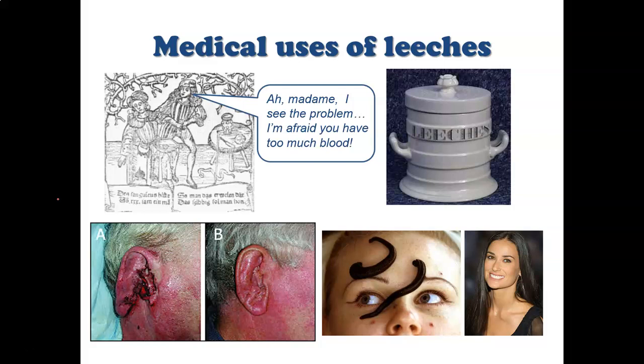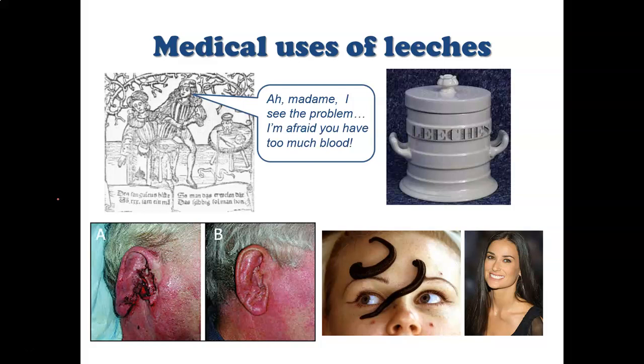Now, interestingly, leeches used to be used in ancient times for medicine, because ancient physicians used to believe that a lot of diseases were caused by an imbalance of the humors, right, the fluids of your body. Oh, you have too much bile in your blood, for example, and they would use leeches to draw out those unfavorable humors. But if you go to a modern hospital today with a trauma center, it's likely that they do